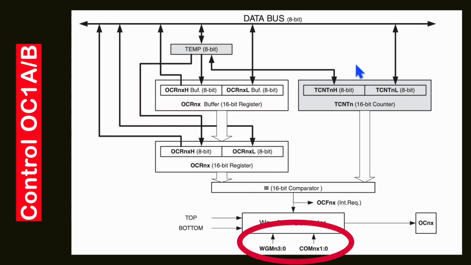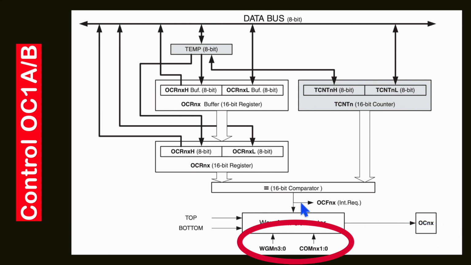This is our 16-bit timer. In our case, we shall be using timer 1, which is 16 bits, and there is an output compare register 1 of size 16-bit. Whenever our timer reaches this output compare register value, upon this match, it can generate an interrupt. An output compare interrupt flag will be generated, and with the help of this interrupt flag, an interrupt routine can be executed. And upon this match, we can control this dedicated pin as well.